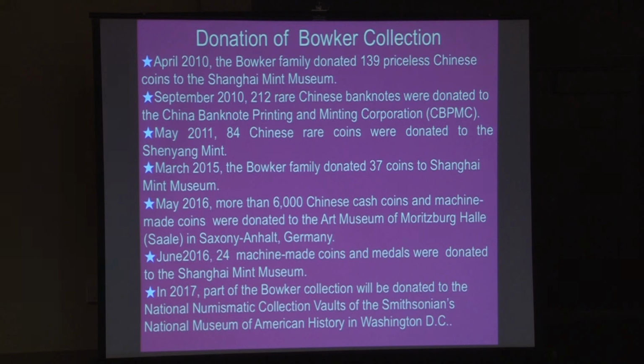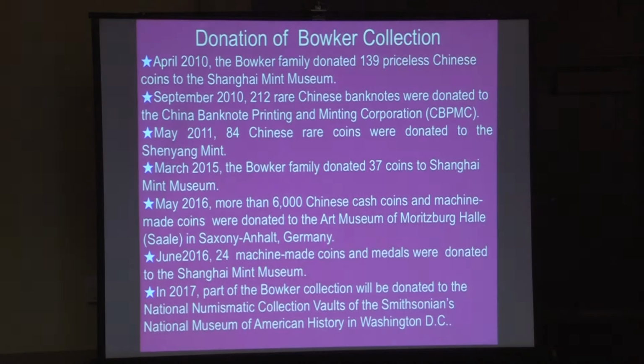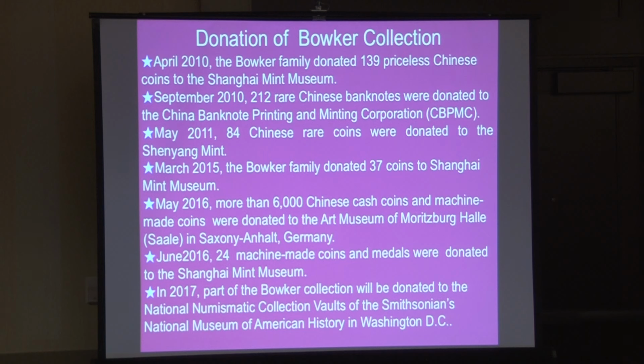And in May 2011, we donated 84 coins, also encapsulated by NGC, to the Shenyang Mint, which is the oldest mint in China. And we followed that up with an additional 37 coins in March 2015 of coins related to the Shanghai area, from Shanghai, Zhejiang, Anhui, including several very, very rare coins from this area. And then